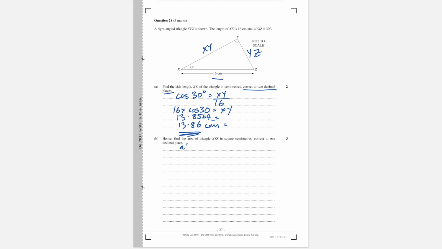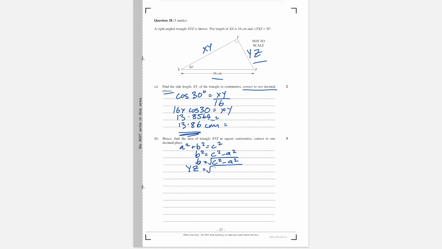So a squared plus b squared equals c squared. In this case, we're looking for one of the sides. So b squared equals c squared minus a squared. And b is equal to the square root of c squared minus a squared. So our side, YZ,